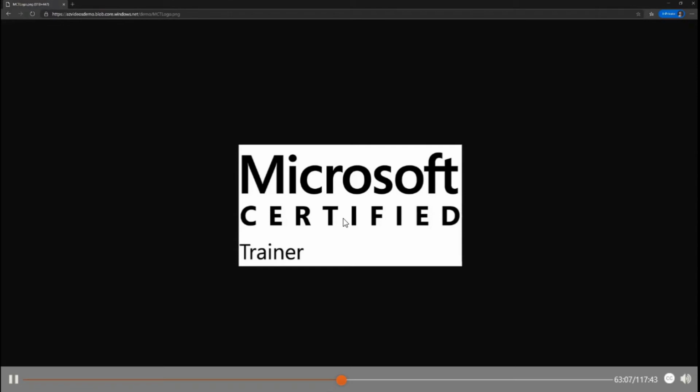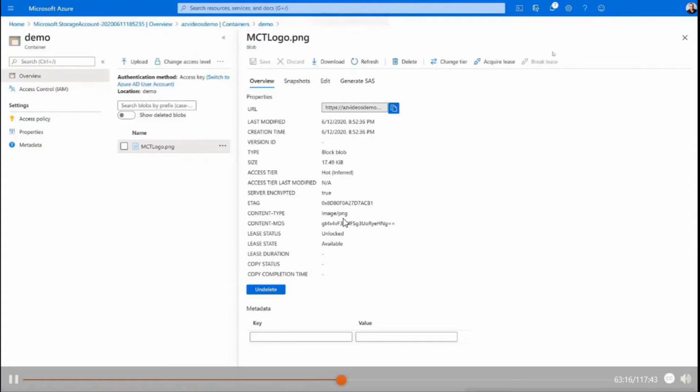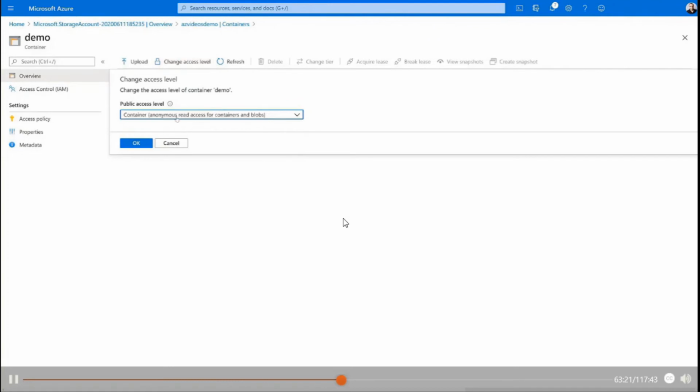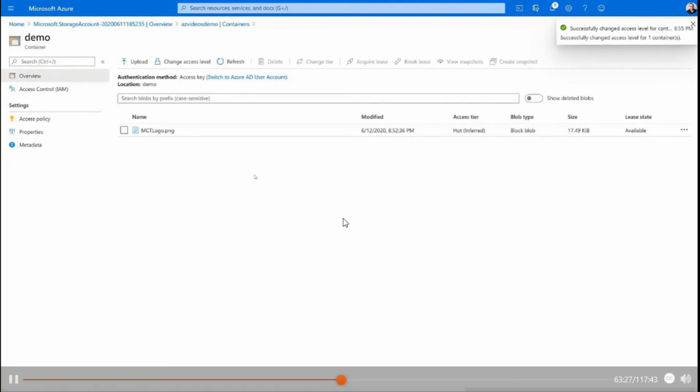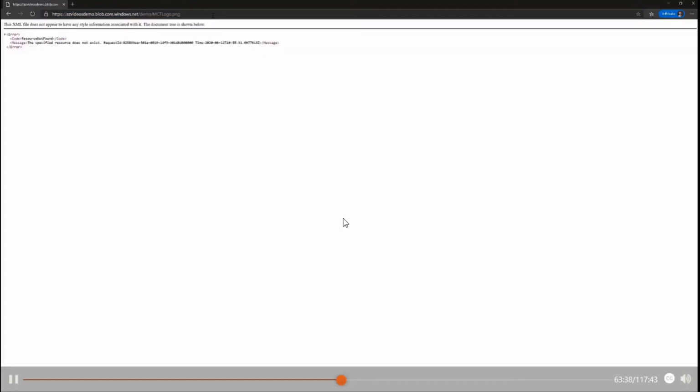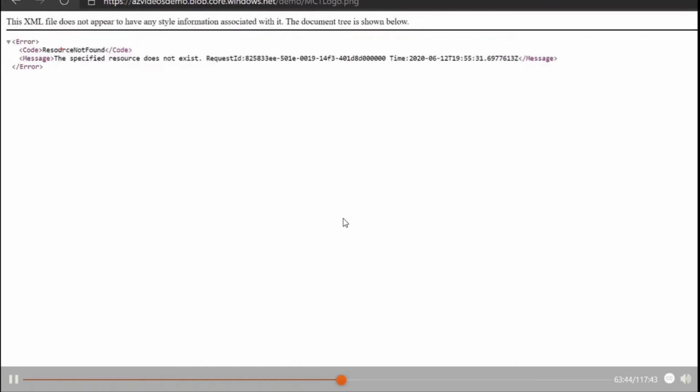Now, let's get back to the Azure portal, and I'm going to change the container permissions. So back again here to the Azure portal. I'm just going to do the exact same thing, but now change the access level to private. So there we go, it is done. Then we go back to the page where I had the blob, and now I'm going to refresh this. I just reissue the request, and you see I'm now getting an error saying that